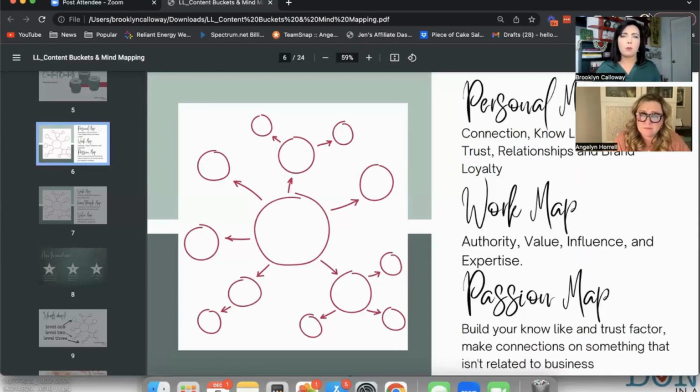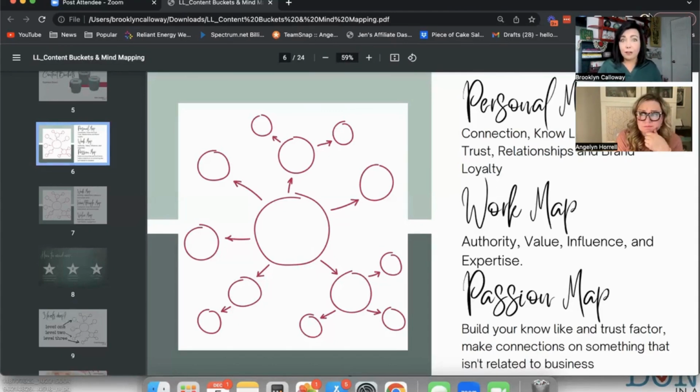The work map is, what do you do? I am guilty as charged when it comes to forgetting to say, oh, I forgot. I told you all about my Volkswagen bus, but did you know you can rent it? So you have to talk about your work and what you do and how people can support you. And obviously, during this work map, all these little bubbles that you're going to come up with are creating your authority in your industry.